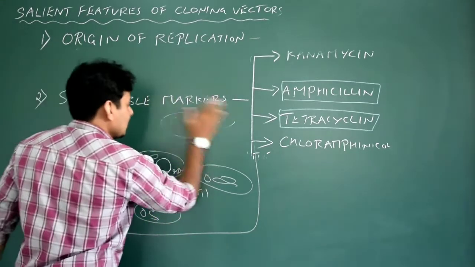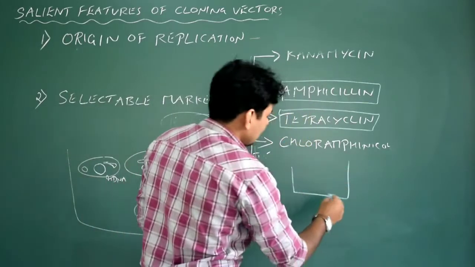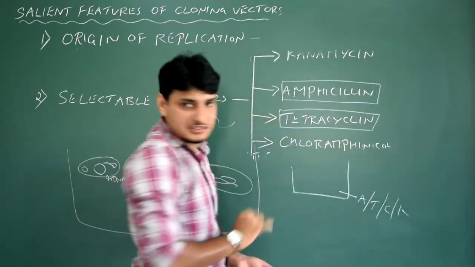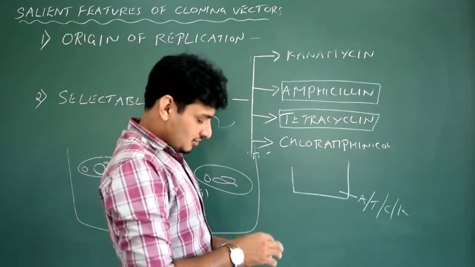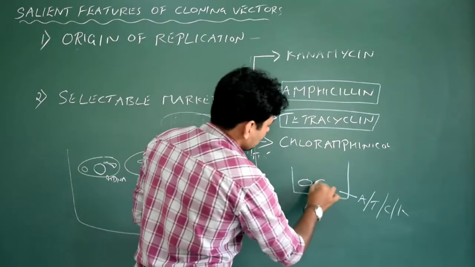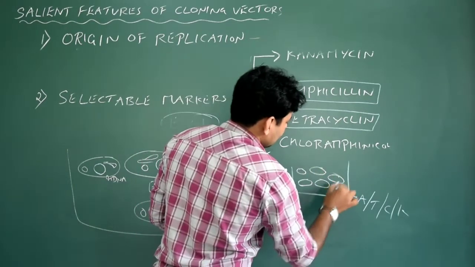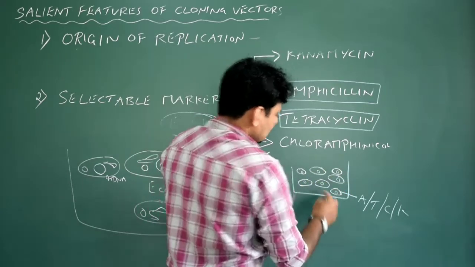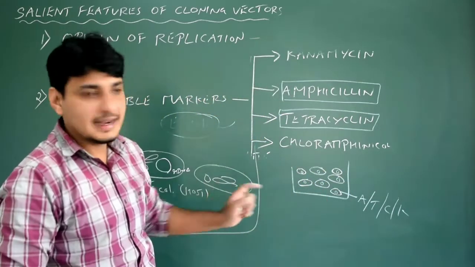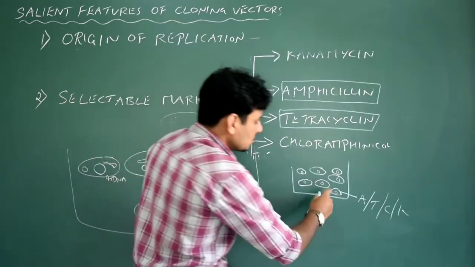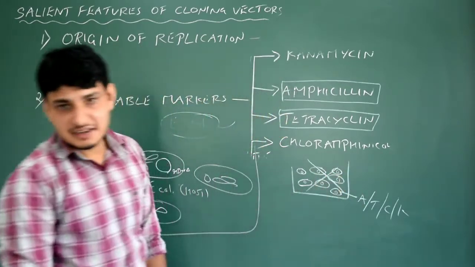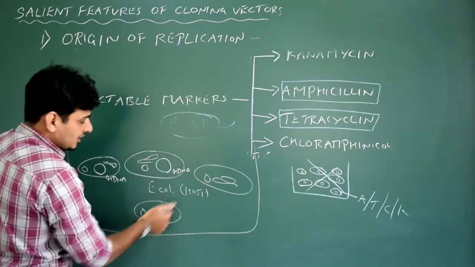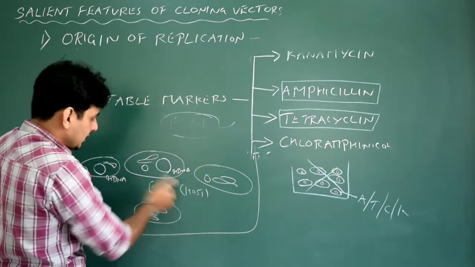Why? Let us assume that this is the Petri plate containing ampicillin, or you can also write tetracycline or chloramphenicol or kanamycin, whatever it is, because E. coli will not show any resistance to all 4. So here I am going to culture the E. coli, and inside the E. coli we know that there is a natural plasmid. This plasmid will not have any genes for resistance to these antibiotics. So what's going to happen to this? They all die. Simple, right? In this case, I have already introduced rDNA, but it naturally failed. In the method itself, it failed to take up the rDNA.